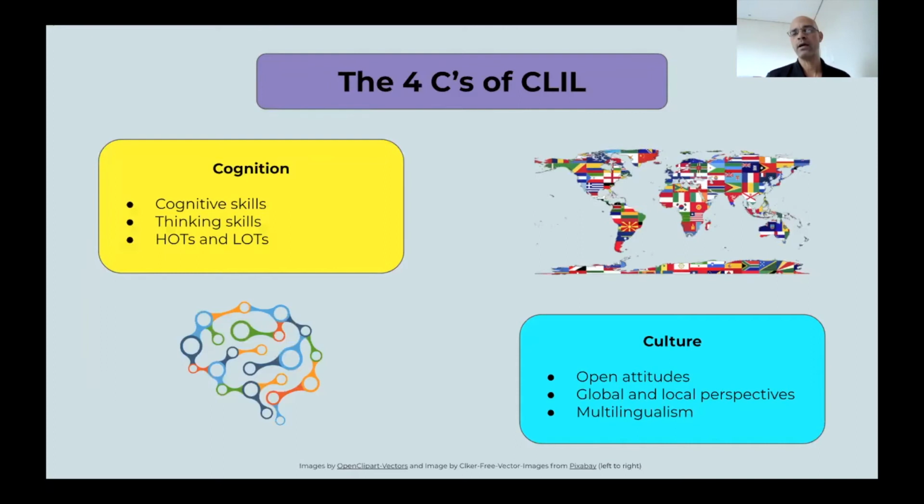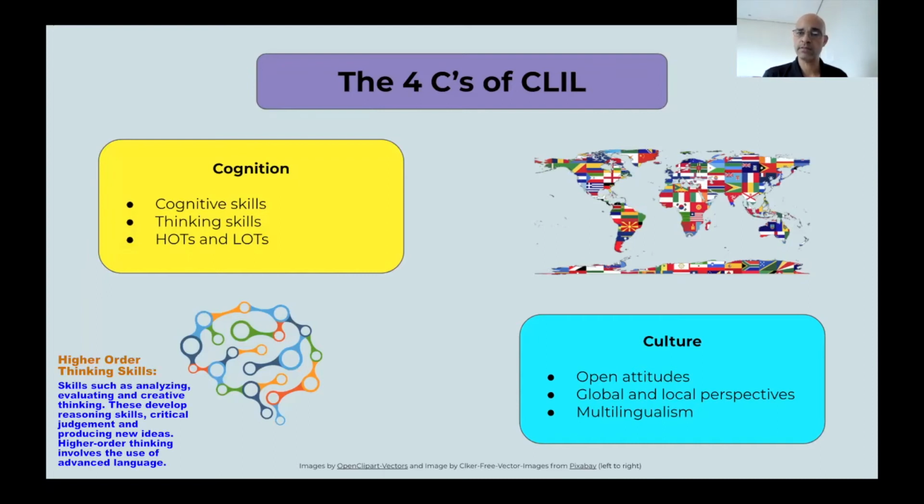A key element of CLIL are the 4 C's. That is a very important concept for you to understand before taking the TKT CLIL test. So 2 of those concepts are here, and they are cognition and culture. So cognition refers to cognitive skills that the students need not only to learn the content, but develop the language